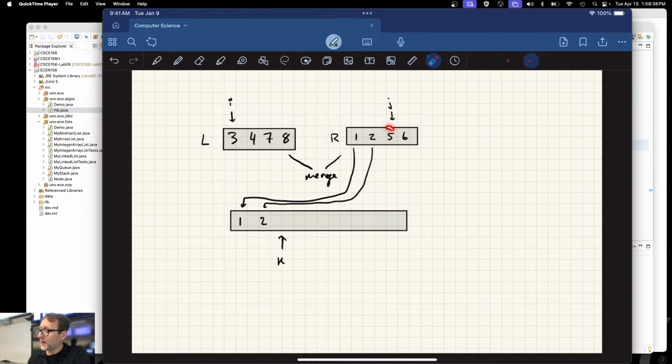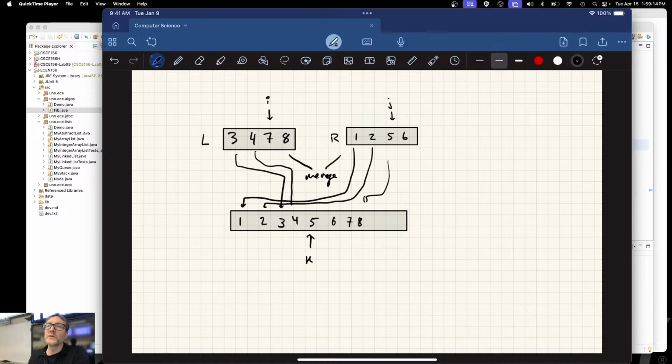At this point, I'm looking at 5 and 3. 3 now gets copied over. And when I do that, I advance my k, and I advance my i this time. And so I continue in this manner. 4 gets copied over, and I advance k, and I advance i. 5 versus 7, 5 gets copied over. And now at this point, I'm going to go ahead and fast forward: 5, 6, 7, and 8. I have merged 2 sets of